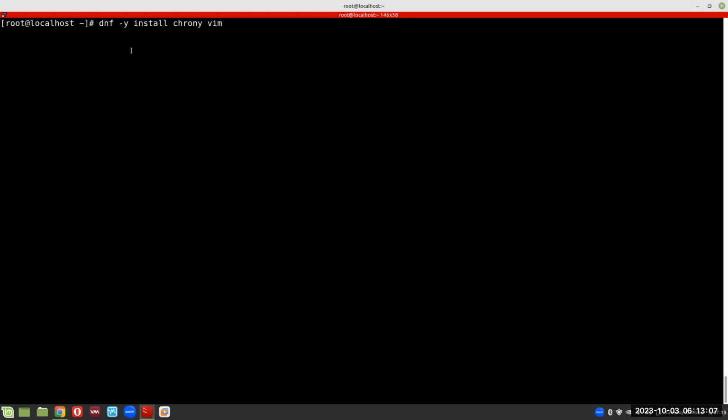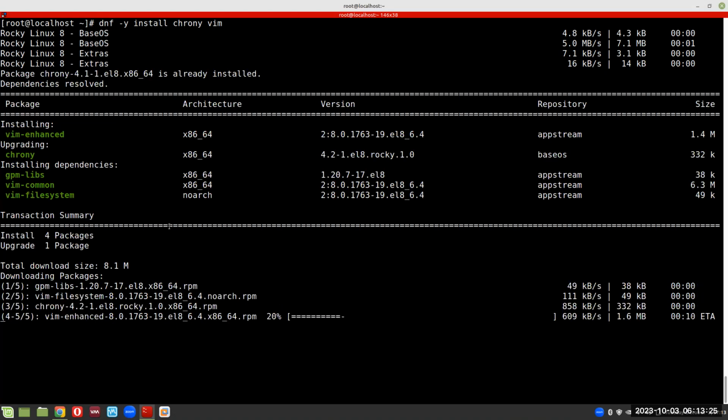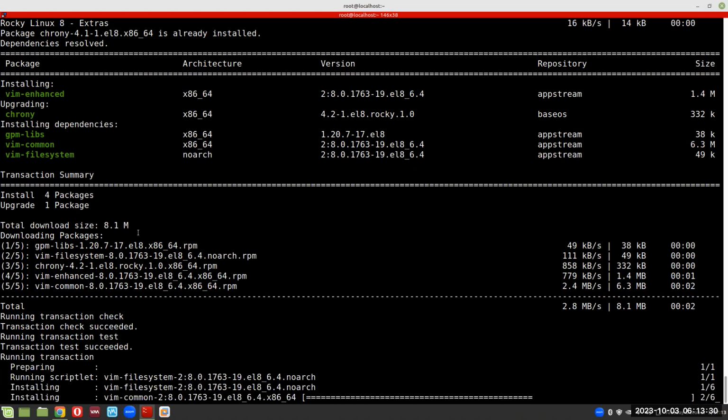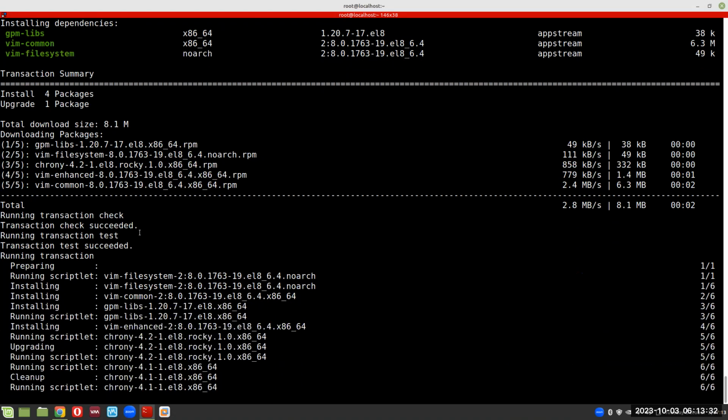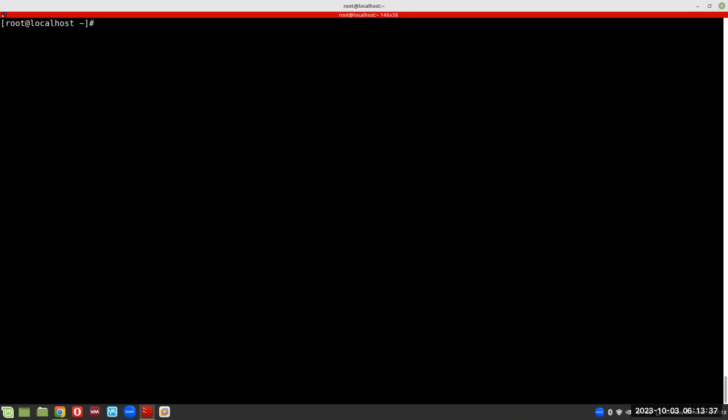In this environment, I'm going to use this server as my main server, where all the other machines will be getting their time from. So here we are configuring the main device that will be sharing the time with everybody else in that environment. After installing chrony, I need to go inside the configuration file by doing a vim into